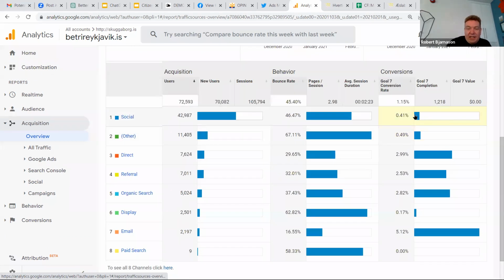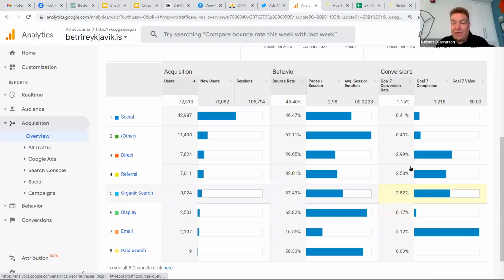So we can see here social media, other, direct, referral, organic search, email, and you can see that email had the highest conversion rate. 5.12% of the people who got the email added a new idea, compared to Google display ads, for example, which is your number 6, where only 0.17% of people who came through this channel added an idea.